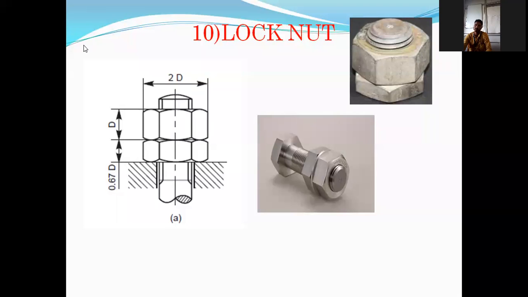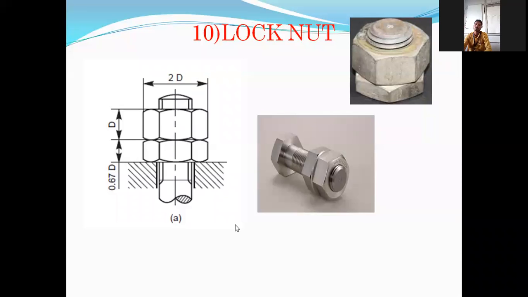Pawan Shinde, what is the reason to use two nuts on single bolt? Nut should not loose due to vibration. As simple as this. Thank you. Nuts should not get loose due to vibration, and mainly it is used for vehicle wheels. Let it be truck, bus, dumper, whatever, etc. It doesn't matter. It is used in wheels of vehicle. You can observe whatever I am telling, is it correct or not? You can see whether two nuts are used or not on single bolt.